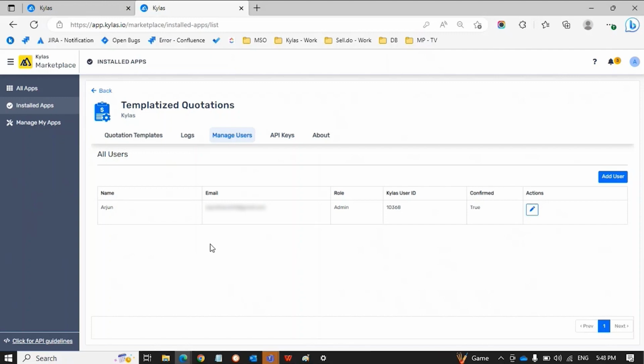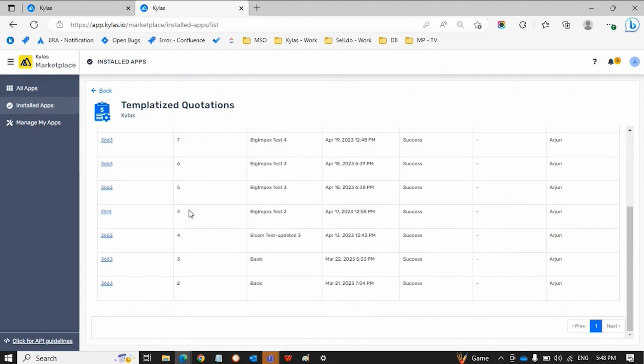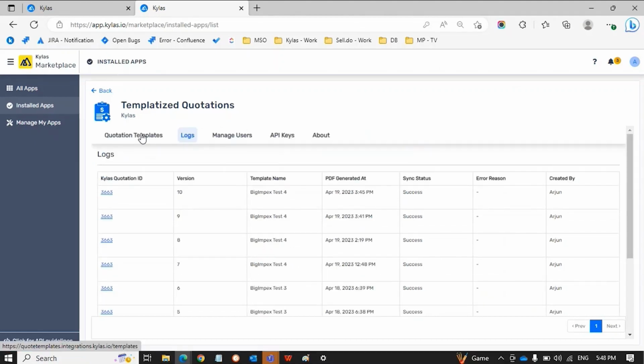You can also add some of your users who can use this app. Then we have log, where you can see the different quotations that got downloaded. And then